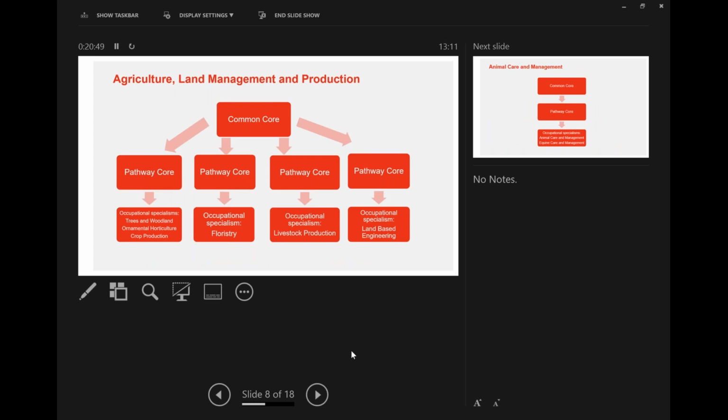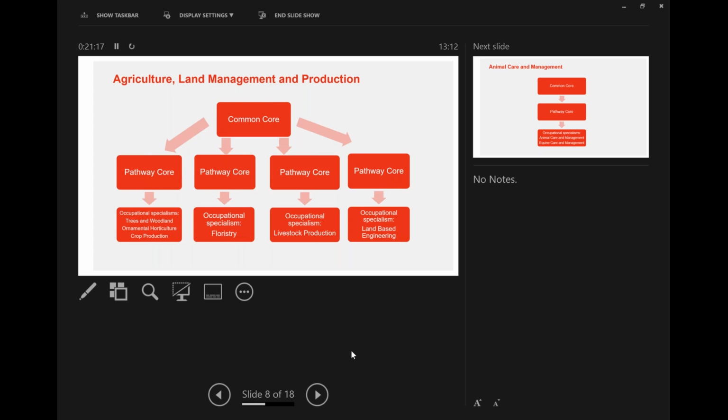And then there are currently 4 pathway cores. 3 specialisms, trees and woodland, ornamental horticulture and landscaping, and crop production, will share one pathway core. So elements that are common to all 3 of those specialisms may be used in the pathway core assessment.